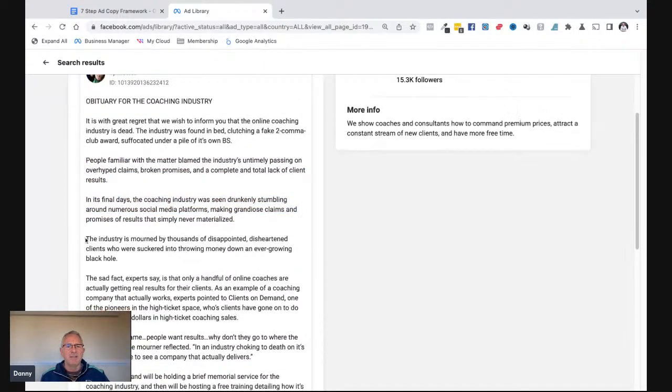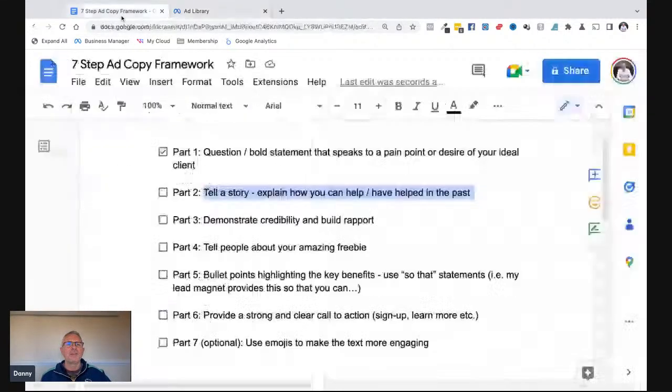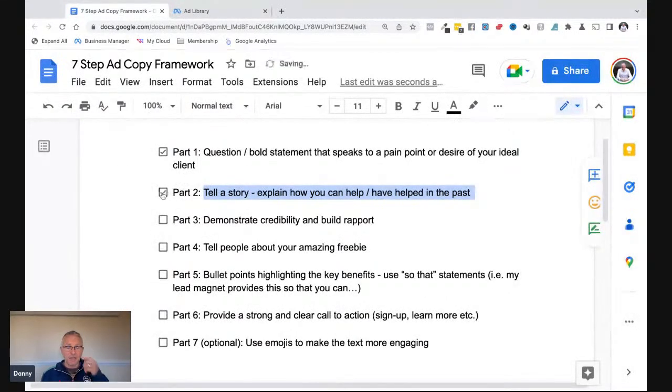And then he kind of talks about how the industry is being mourned. So this is such clever copy. I really, really love it. So has he told a story? Absolutely. Okay. He hasn't explained how he can help yet, but he is definitely painting a picture, and a very, very vivid one, and a very, very relevant one. Then he kind of